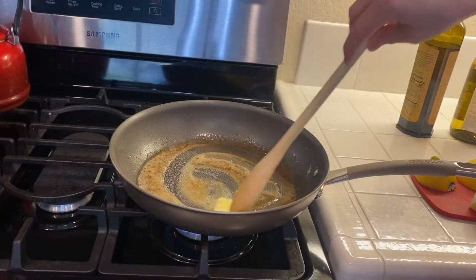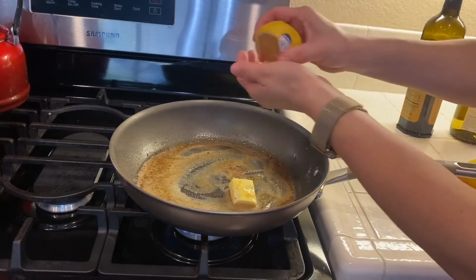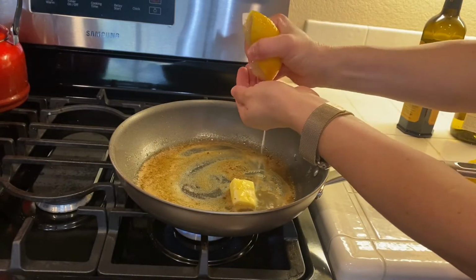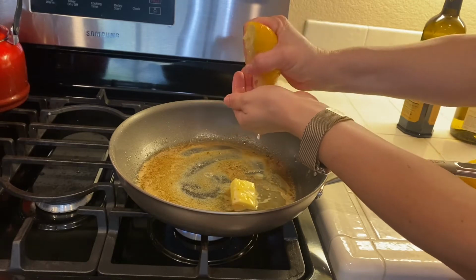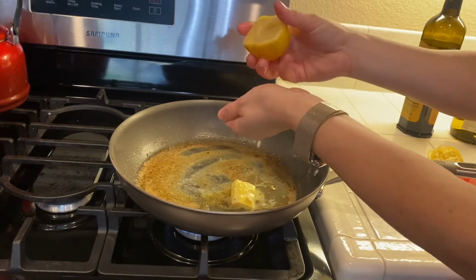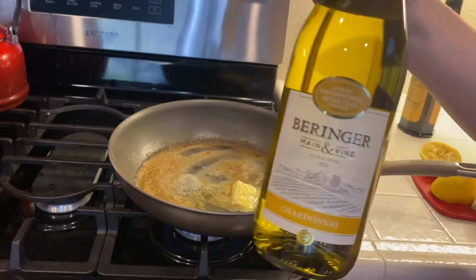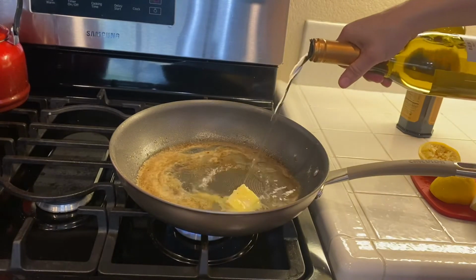As my chicken warms in my oven, I'm going to melt down 2 tablespoons of butter, and then I will add the juice of an entire lemon and a splash of white wine, maybe about 1/4 cup, and then I will add in my drained and rinsed capers, and I will raise the heat a little bit and let it simmer and thicken. And kids score, my picky kids did not have any of this sauce, which was just fine